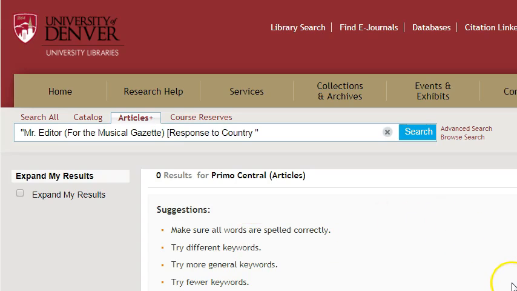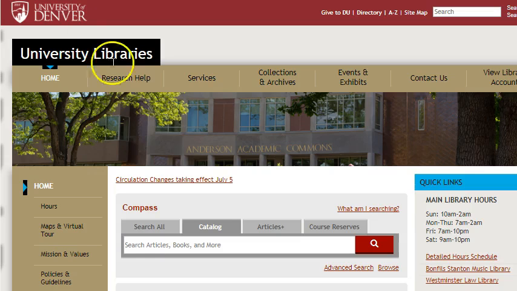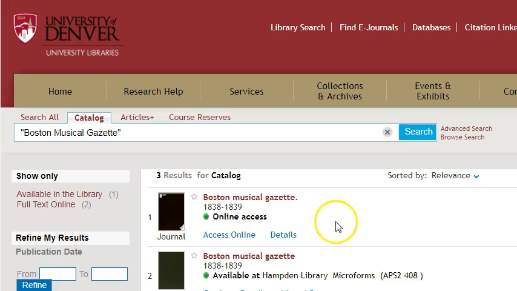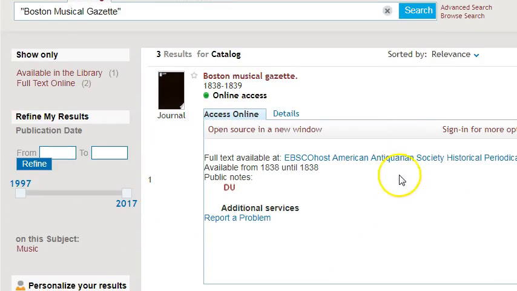This is beginning to be challenging. I'm going to have to try to find it the old-fashioned way, using the citation. I examine the record for the article in RIPM and capture the name of the publication, Boston Musical Gazette. I paste this title into the library catalog to see if I have any access to this journal, and it seems I do. I choose the first record, which offers me a link to American Antiquarian Society historical periodicals in